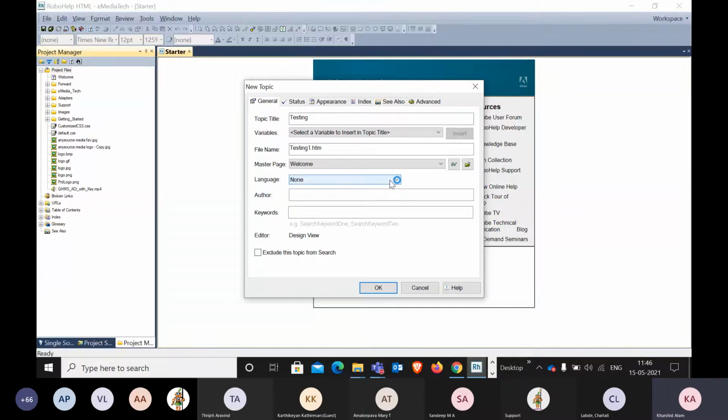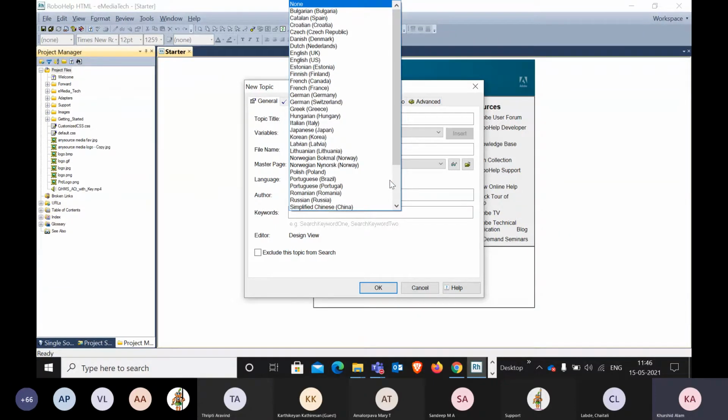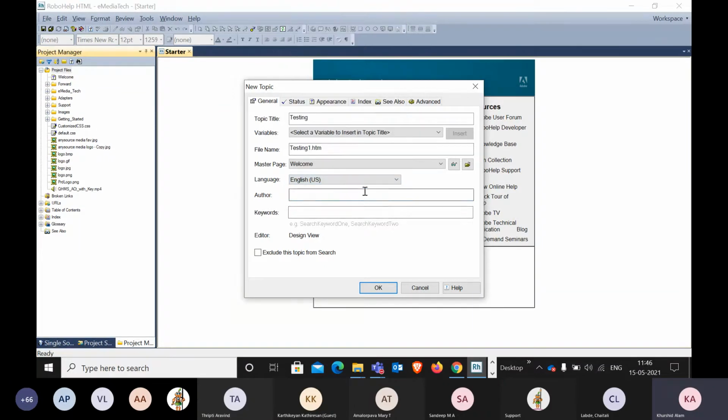It is advisable that you select the language when you are beginning your project. So you can select your language. In RoboHelp, you can select these many languages. So I'm selecting English US because this is the basic language we work in. Particularly technical information is created in English US.